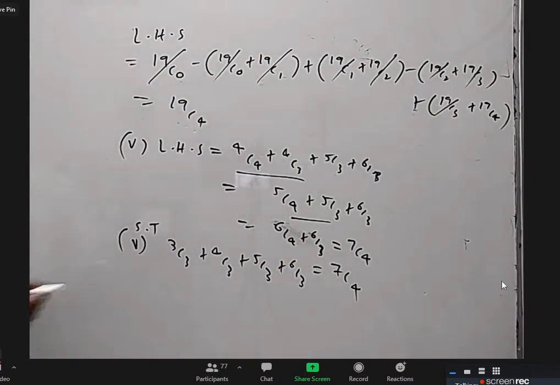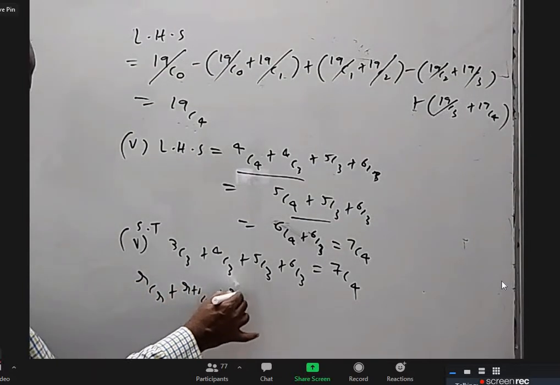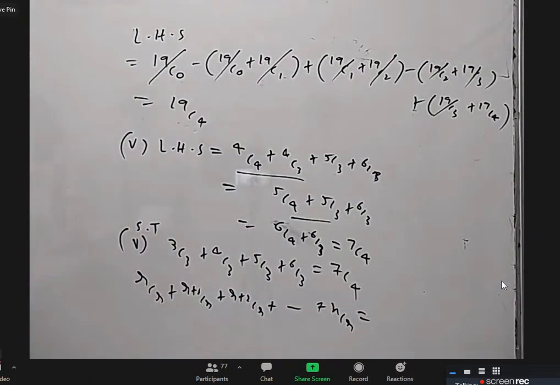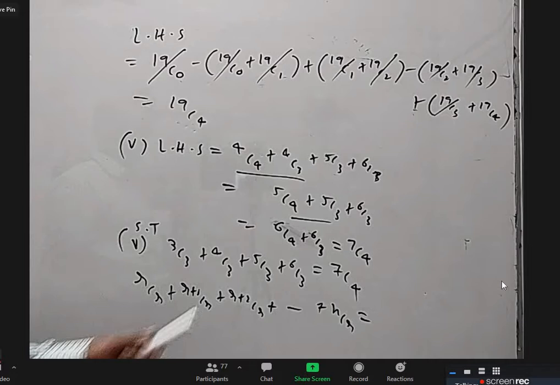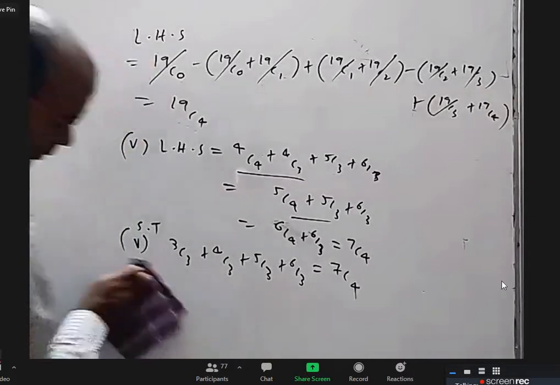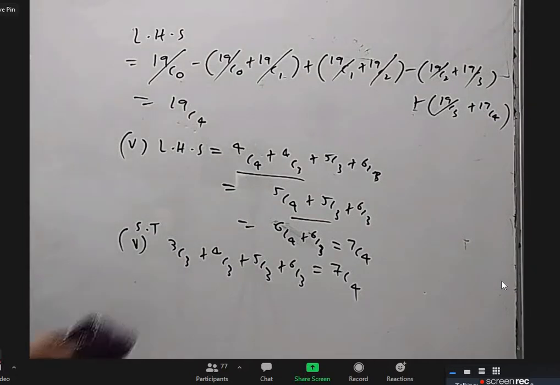Okay, I'll write it neatly, but if I take RCR plus R plus 1 CR plus R plus 2 CR, so on up to NCR, what will be the answer? N plus 1 CR plus 1. Yeah, based on this, it is N plus 1 CR plus 1. I'll write it later. Okay, everybody clear this fifth one? Clear.